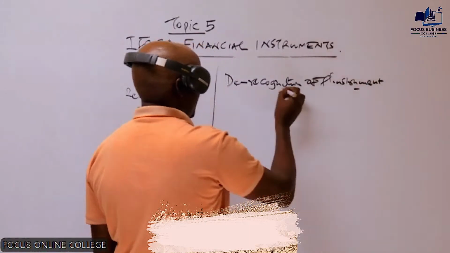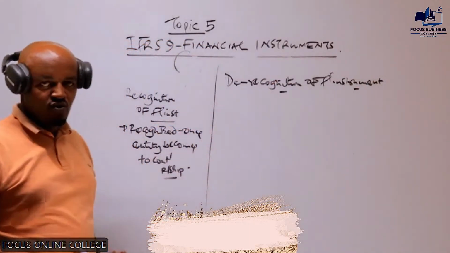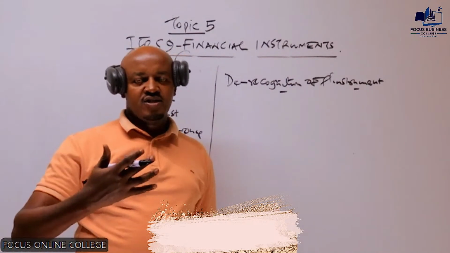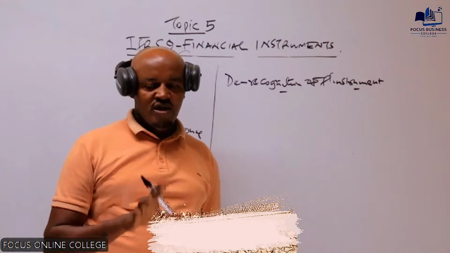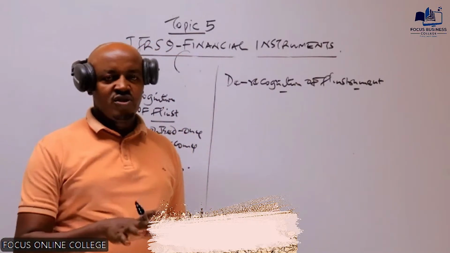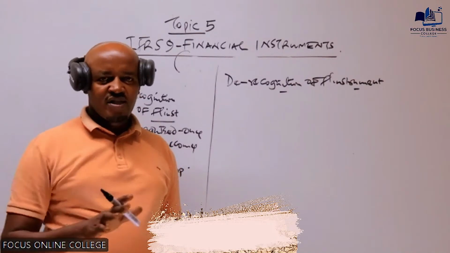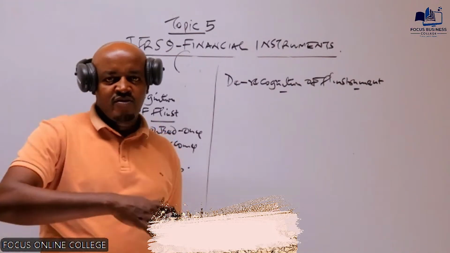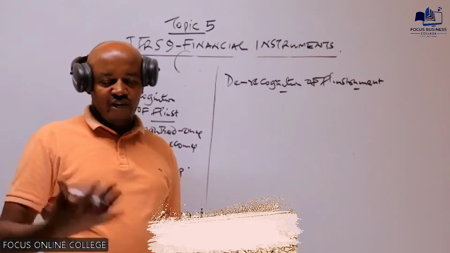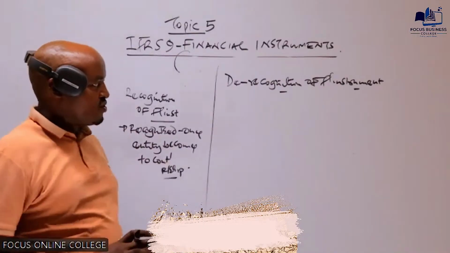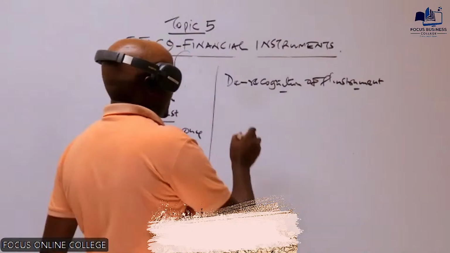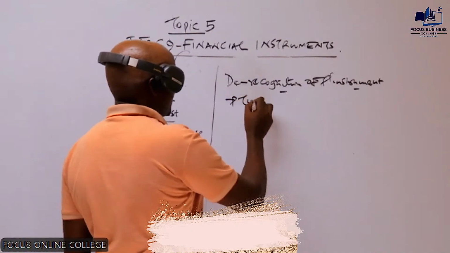So by definition, we say to derecognize is to remove a financial instrument from the entity's statement of financial position. It is the process of removing a financial instrument. If, for example, a company had issued debentures, those debentures may be removed from the balance sheet, from the statement of financial position, maybe because they have been redeemed. So that process through which financial instruments are removed from the statement of financial position, we refer to that as derecognition. So this is the removal